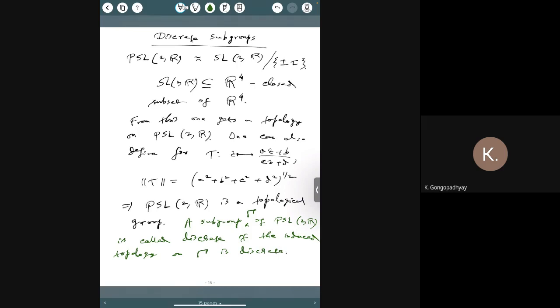Okay. Now that is if and only if. So if and only if you take a sequence from gamma